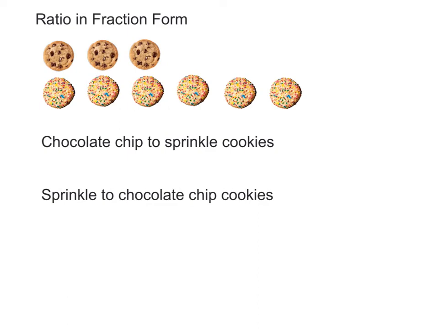In this lesson, we're going to write ratios in fraction form. So if I wanted to write chocolate chip to sprinkle cookies, in the past we've been writing 3 to 6. Well, as a fraction, that's simply 3 over 6. The first term goes on top, the second term goes on bottom. And then we write it in simplest form, so dividing both of those by 3, we get 1 to 2,